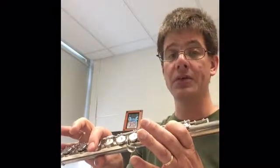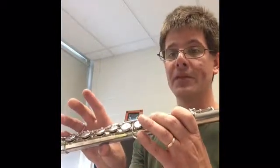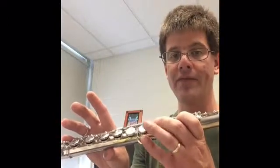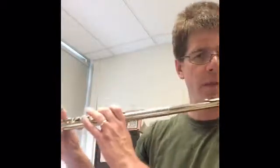Coming back down, the notes are exactly the same. Sometimes they're called by their flat names instead of their sharp names. You have B flat, A, then instead of saying it's G sharp this time, they're calling it A flat, but it's the same exact thing. To go from A to A flat, you have to add these two fingers at once. You may need to practice that a little bit because these two fingers are kind of the hardest fingers to use on your hand. So you may want to do